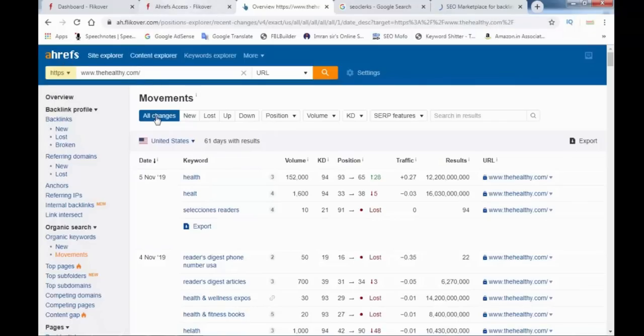This is a paid tool. Here you can check how many keywords from your website are ranked on Google. The first step is that if you want to use the black hat technique, then you need to rank some keyword on Google. If even one single keyword is ranked on Google, then you can use this black hat technique.